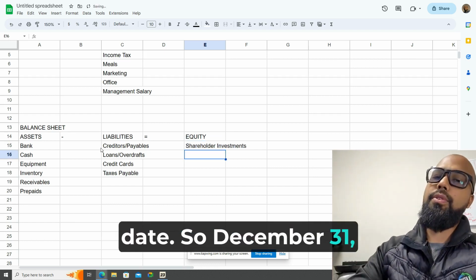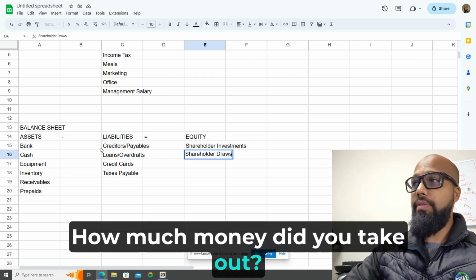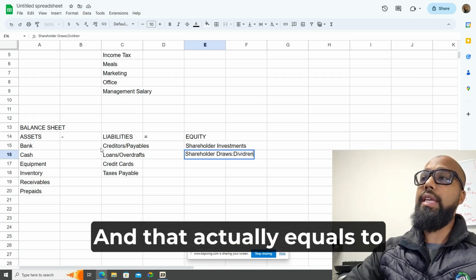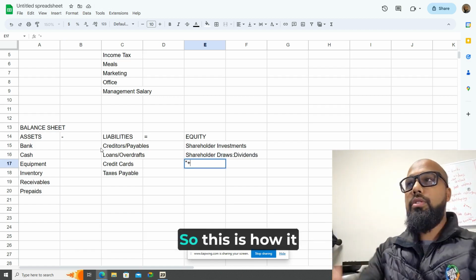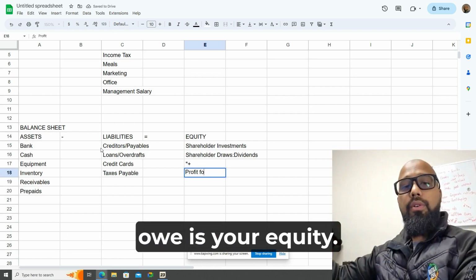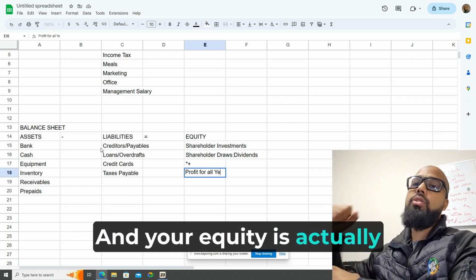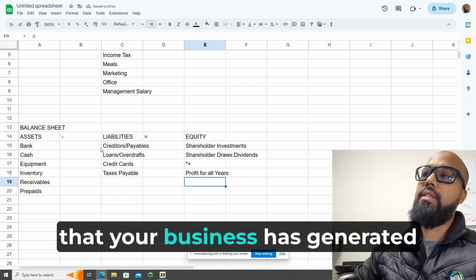So December 31st, how much money did you make? How much money did you invest? How much money did you take out? That's your equity. And that actually equals everything that you own minus everything that you owe. So this is how it comes into play. What you own minus what you owe is your equity. And your equity is actually everything that you've invested and withdrawn, plus the profit that your business has generated for